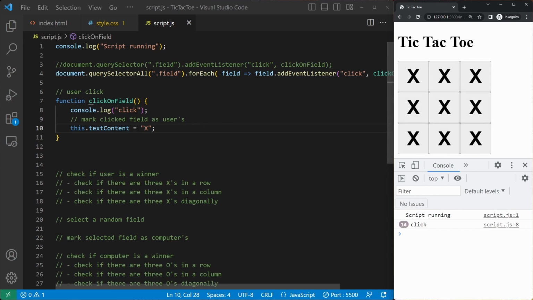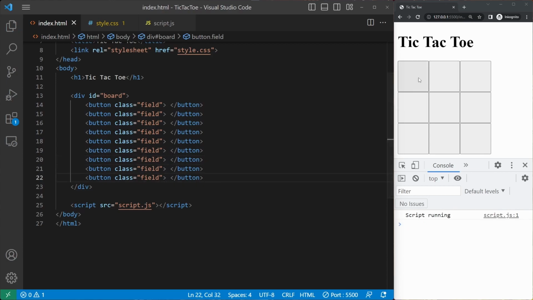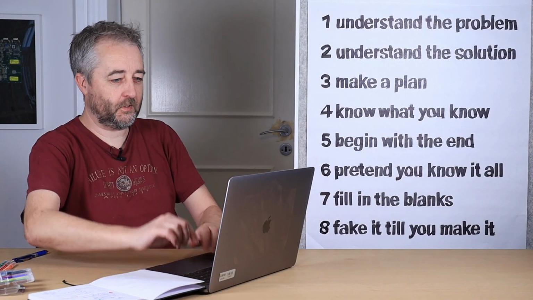I just need to clear all the fields first. I'm going to do that just here in the HTML. And I can play. Excellent, it works.